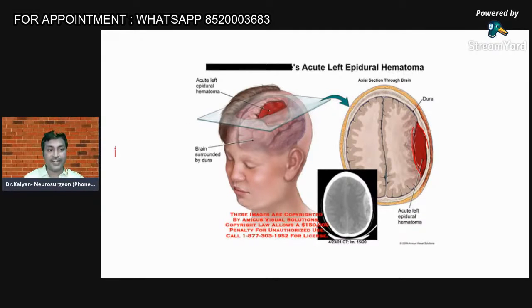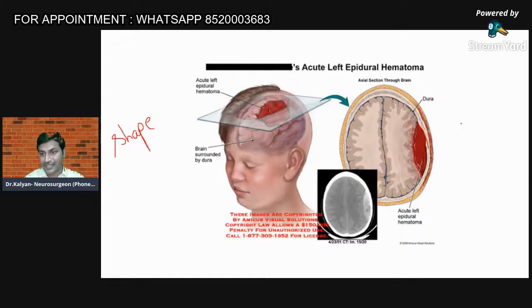What is the shape of the extradural bleed? I'm pretty sure all of you know it, but type it. So what is the shape of an extradural hematoma? This is basic. Every one of you has to answer. Shape of a cell. Okay. Anything else? It's not sickle cell. Dr. Harsh has told sickle cell.